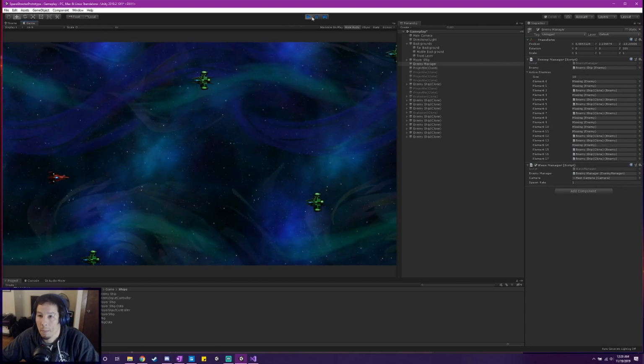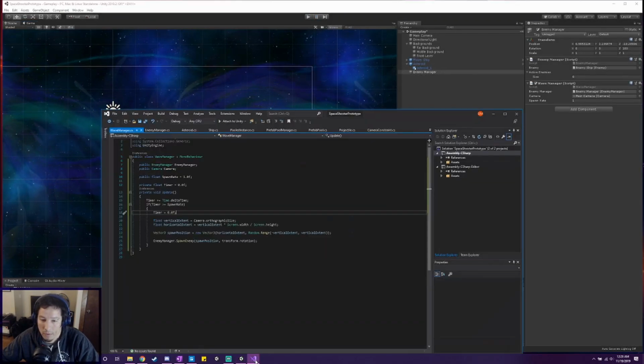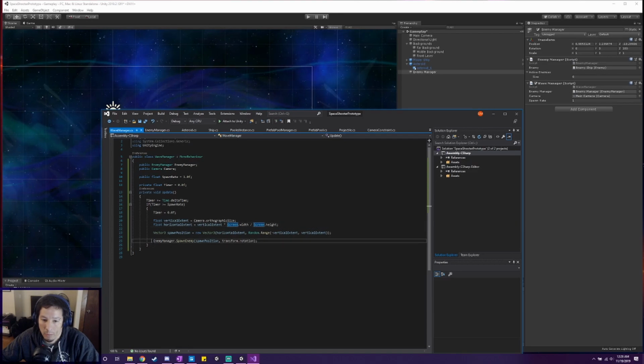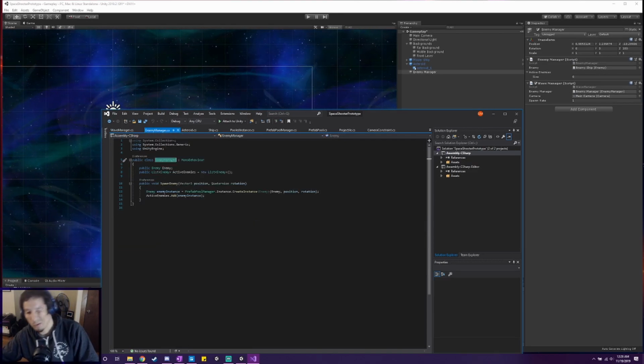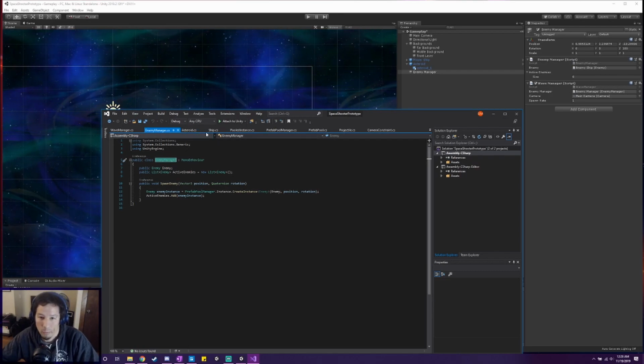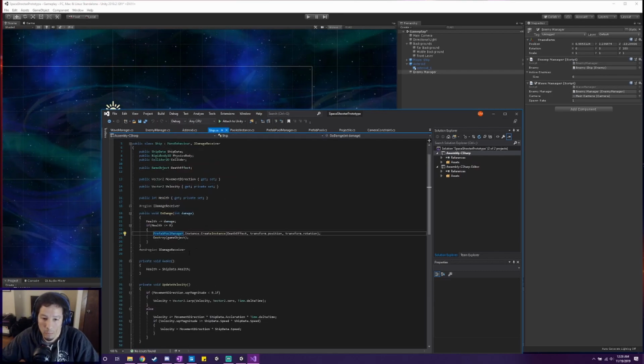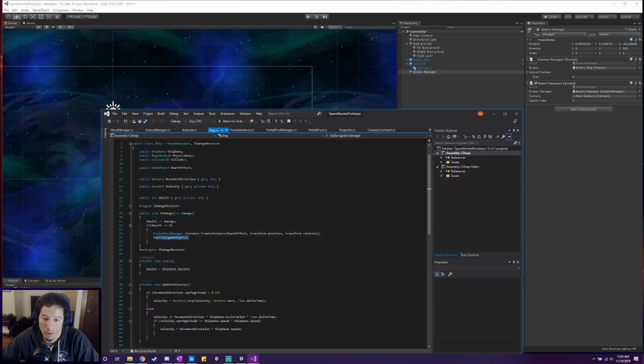Boom, boom, boom. Okay, so let's get rid of some of this. So we're spawning enemies now using this, but when we're destroying them, the enemy manager doesn't really know. We want to fix that. But before we do that, instead of destroying them, we can